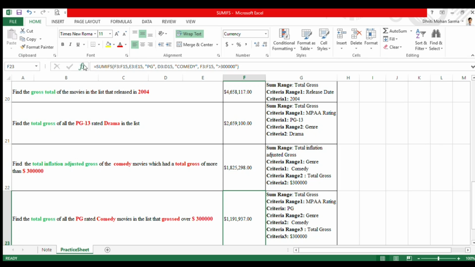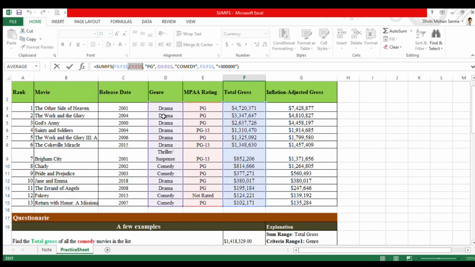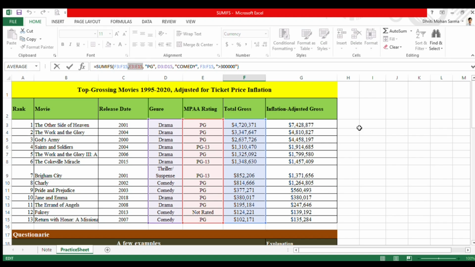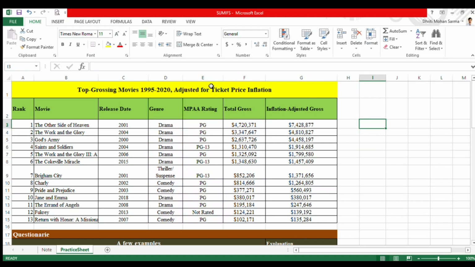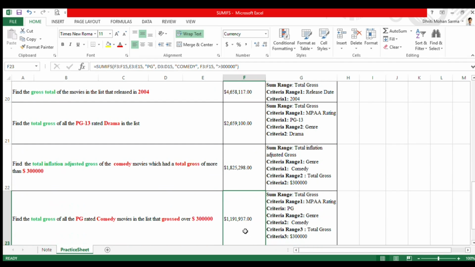So first I'm starting with the equals symbol followed by the SUMIFS keyword, then the sum range, obviously it's the gross, followed by the first criteria range, that's the criteria range of MPA rating. So here you can see my MPA rating is in, let's say, column E, right? Let's check. Yeah, it's E3 to E15, followed by the actual criteria, then D3 to D15 for the genre,